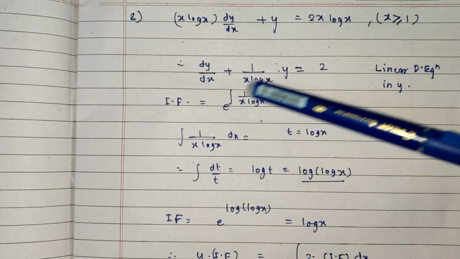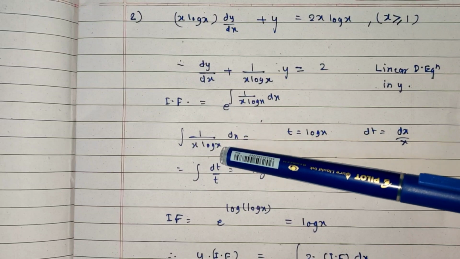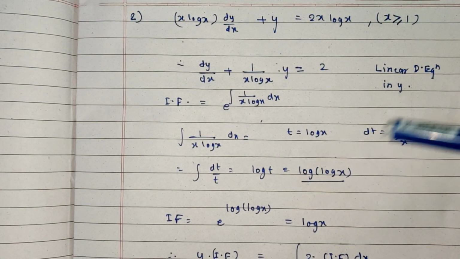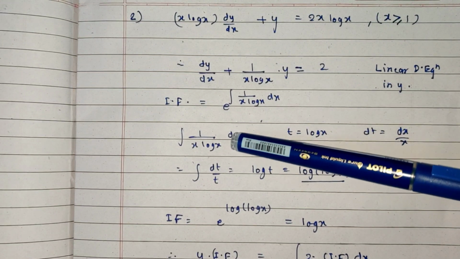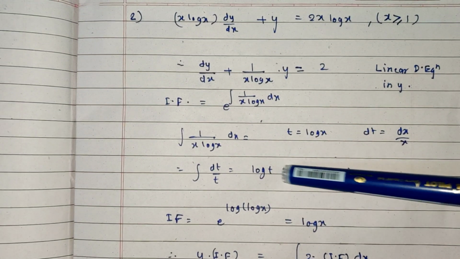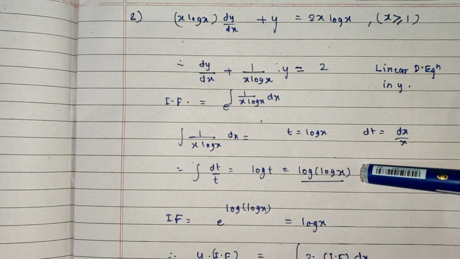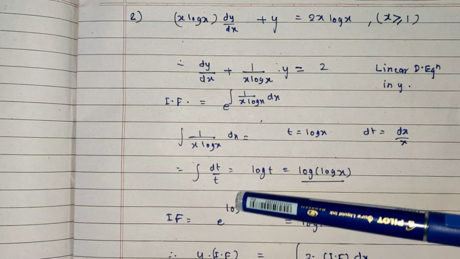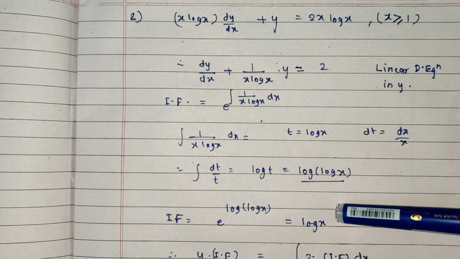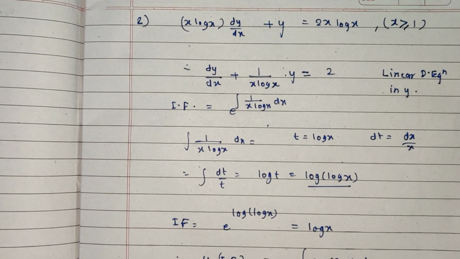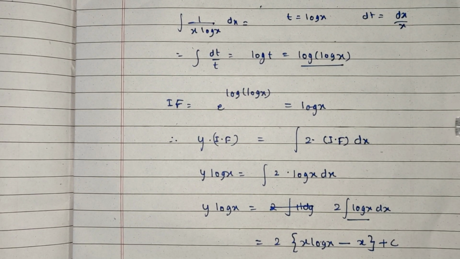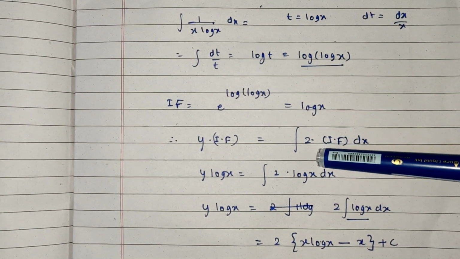First of all we integrate it, अभी इसका इंटीग्रेशन सब्स्टिट्यूशन से कर सकते हैं आप। log ऑफ x को t मान लिया आपने, तो dt विल बी dx/x, सो dx अपॉन x इज dt और ये integral of dt/t, सो विच इज log ऑफ t एंड log ऑफ log x, सो देयरफॉर इंटीग्रेटिंग फैक्टर इज e raised to power log of log x, so it will be log x only, this is integrating factor। So general solution is given by y into integrating factor and the right hand side is 2 only into integrating factor dx,